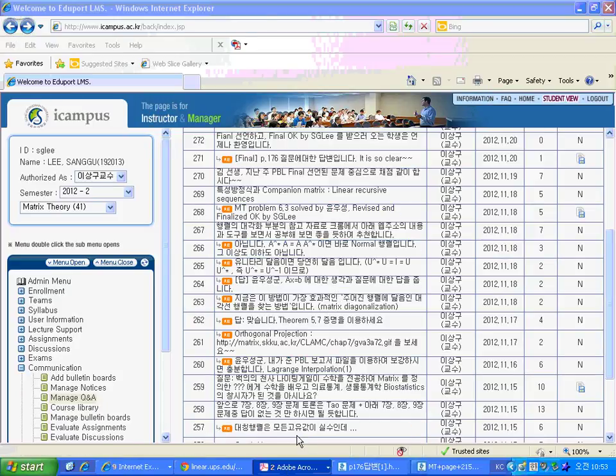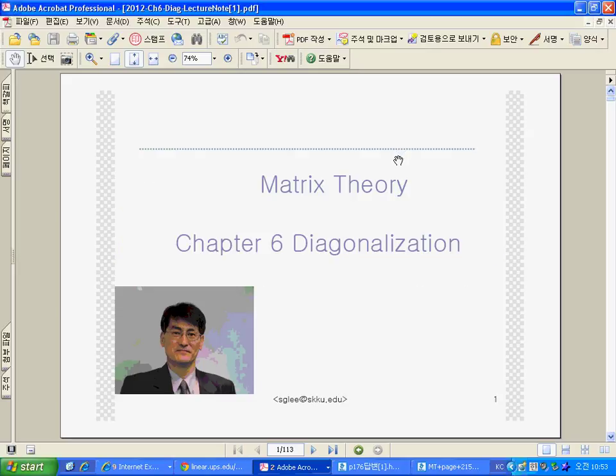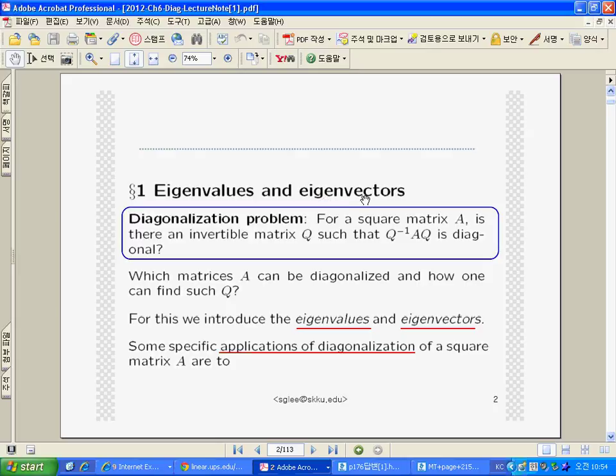So today I may start with the lectures on matrix diagonalization. You know the definition of eigenvalues and eigenvectors, and the diagonalization problem is given like this. For a given square matrix A, find an invertible matrix Q such that Q inverse AQ is a diagonal matrix, if it does exist. And if it does not exist, then you find out what the criteria are for it to be diagonalized like this. In order to examine the diagonalization problem, we first introduce eigenvalues and eigenvectors,